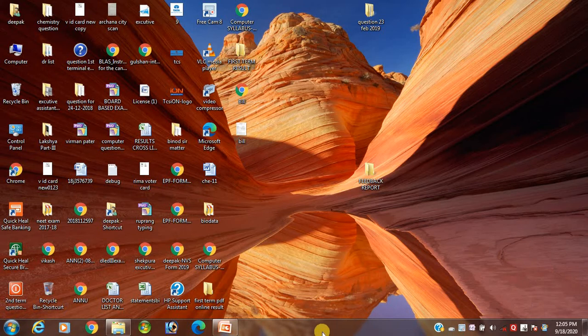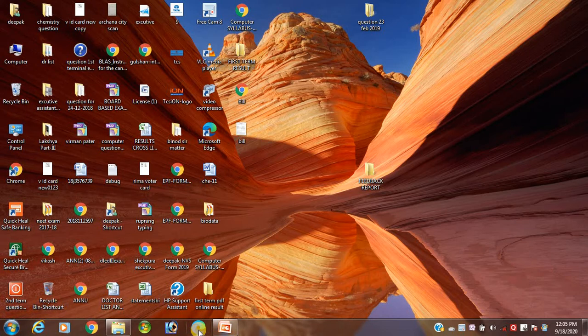It is used to easily access icons from your desktop on the taskbar.